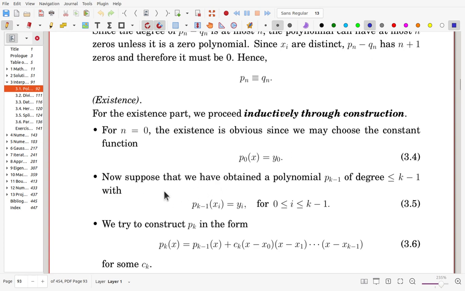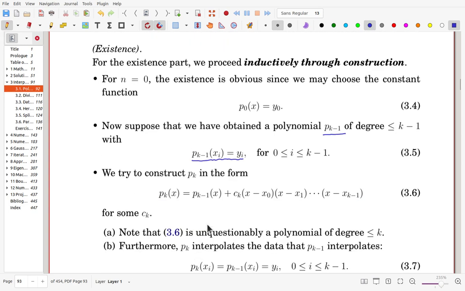Now we assume that we obtained a polynomial p sub k minus 1 of degree k minus 1 with, from x0 to xk minus 1, pk minus 1 at xi is yi. So we assume this one, and we try to find the pk passing one more point. In order to do that, from pk minus 1, we are adding this term. Then for this pk,